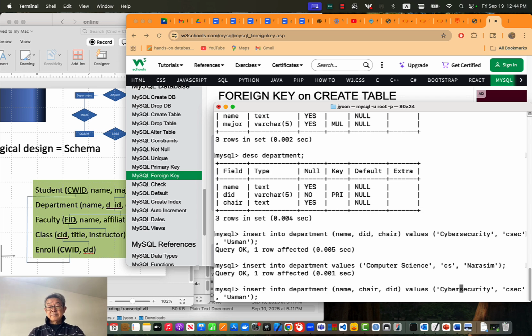Then we need to say, for example, math department, department chair, I don't know who is now program director, maybe I don't know. You can say who, and then ending with the department ID, say math. Okay, let's